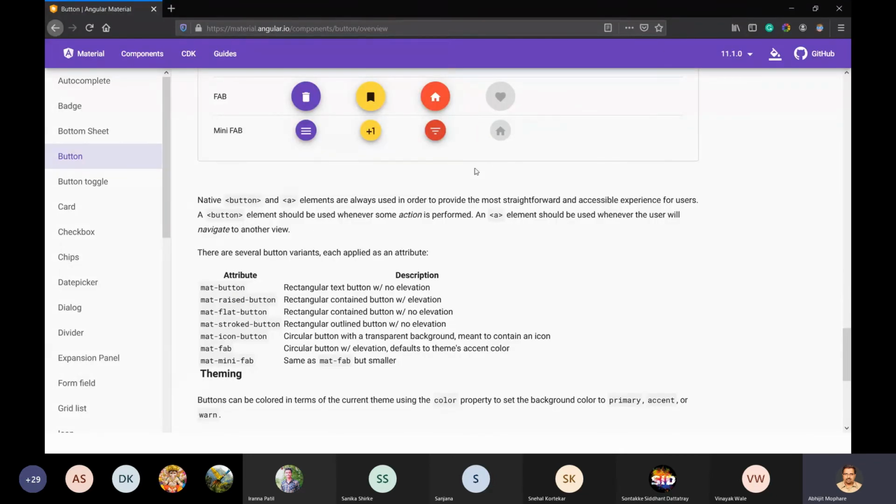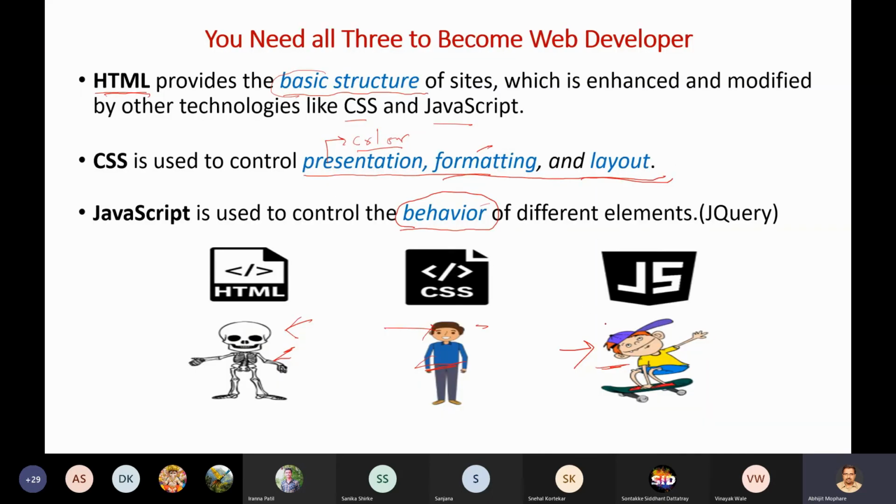As well as, when you click on the button, you go on to different websites. This is the behavior: how that particular element or component on the web page or the document behaves is what is dealt with by JavaScript. Normally we call these events. Let us not bother about these terms right now. We will learn them in due course of time, right?